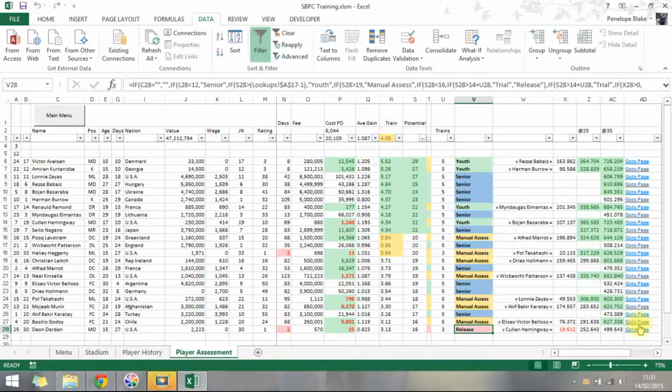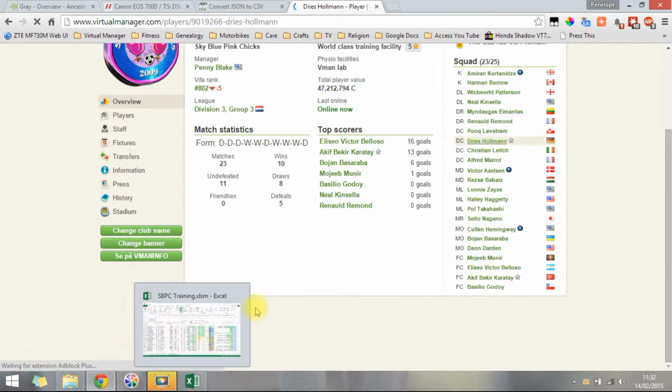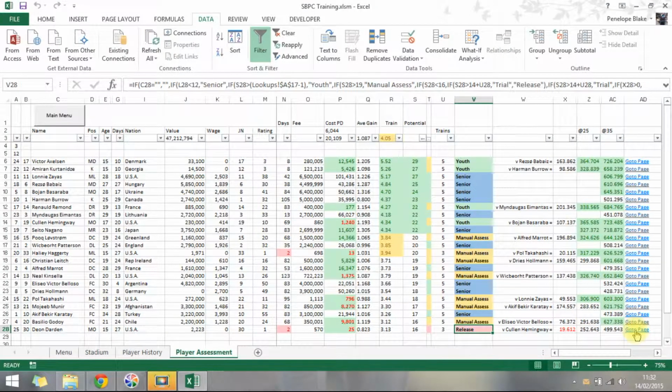So to release this player, normally I would go into my squad page. I would then click on the player's name, and with a slow computer that's a nightmare. But by having the player link there, which is created automatically,